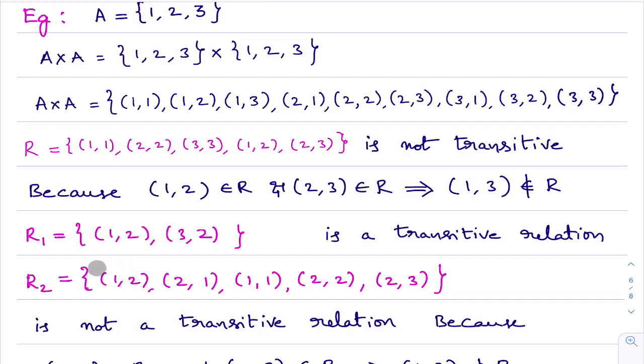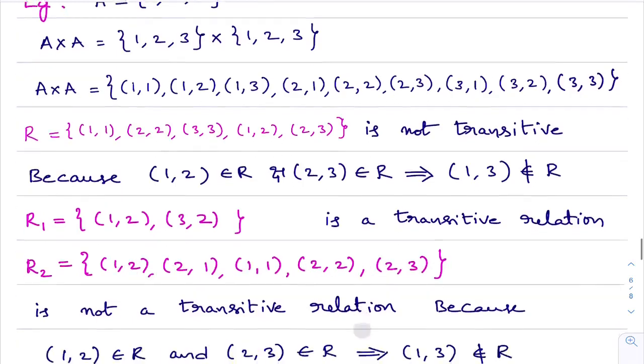Now you take this ordered pair, and you verified with this, and this also begins with 2. See here, (1, 2), (2, 3). You take this ordered pair and the last ordered pair, (a, b), (b, c). You identified. You check (a, c), (1, 3). You check whether (1, 3) is there in this relation. No. So it is not a transitive relation.